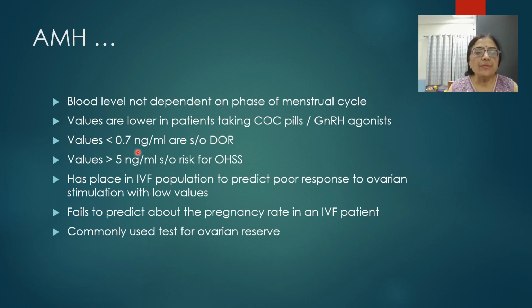Values less than 0.7 nanogram per ml are suggestive of diminished ovarian reserve, or some studies give it as less than 1 nanogram per ml. More than 5 nanogram per ml we have already seen in patients with PCOS, where there is an increased risk of ovarian hyperstimulation syndrome whenever gonadotropin stimulation is tried in patients with